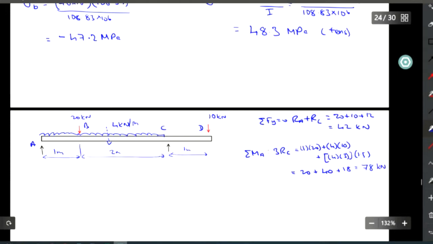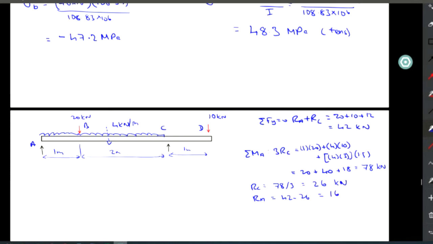Okay, so RC is 78 divided by 3, so 3 into 7 is 2, so 26 kilonewtons. And RA is 42 minus 26, 16. Okay, so if you recall, when we were doing these before,